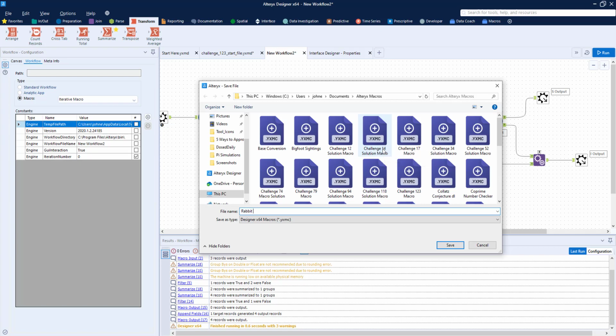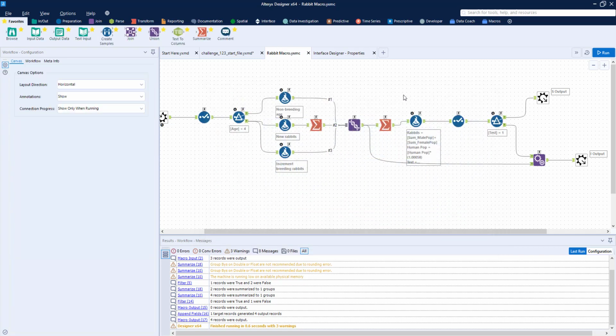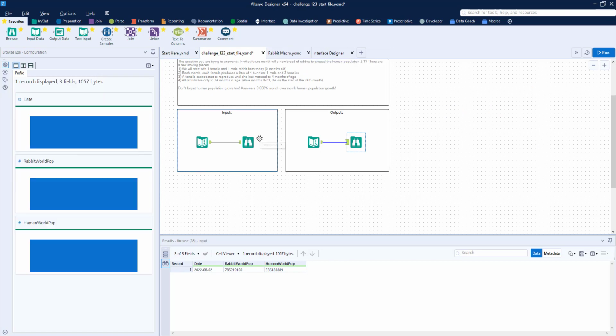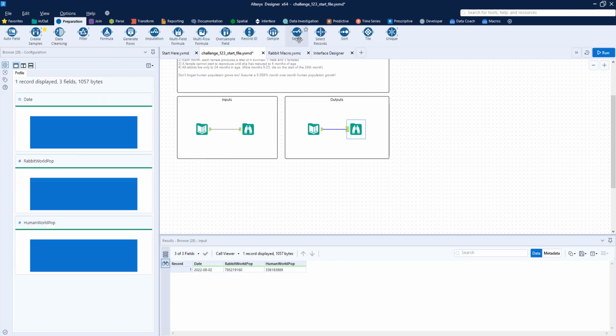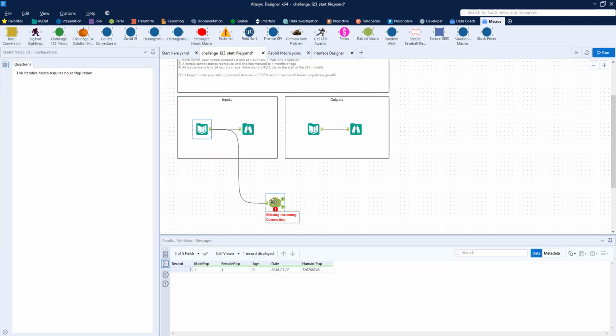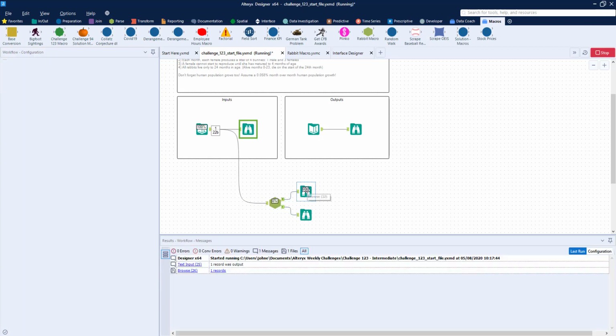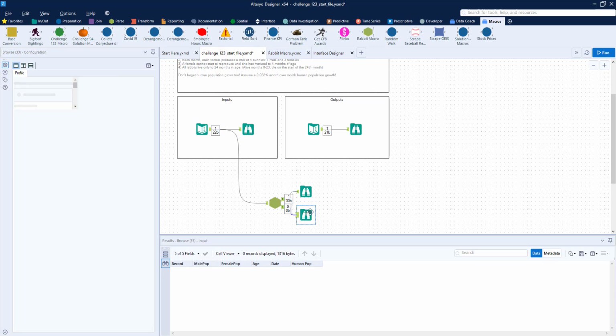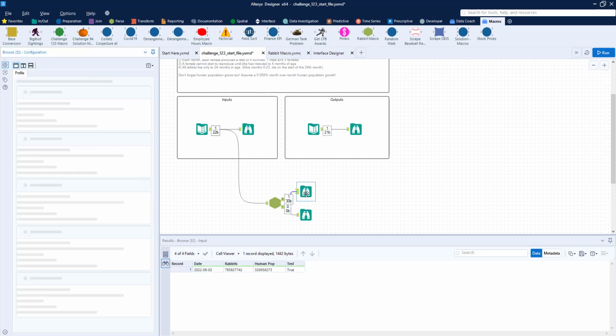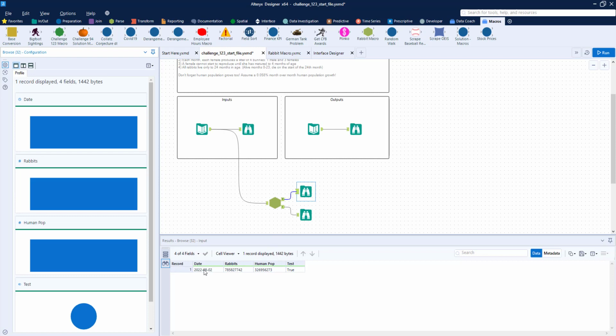And I'll call this rabbit macro. So now that's saved, we can go back to our original start file. I shouldn't need to change any of the field types because I do it in the macro. So go to my macros folder where I just saved that, find rabbit macro, connect this, and I run this and it should hopefully give us the right answer. So iteration output is blank, which is what I expect. And you see right here, we've got a date of August 2022 with 785 rabbits.